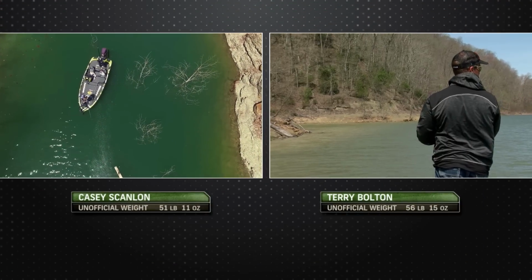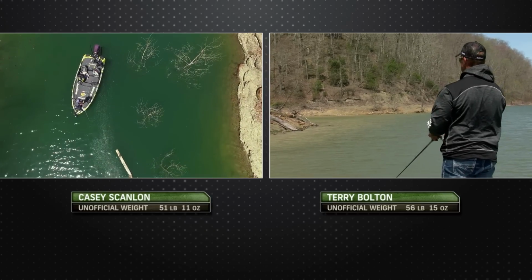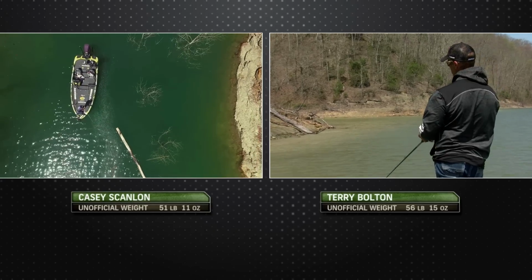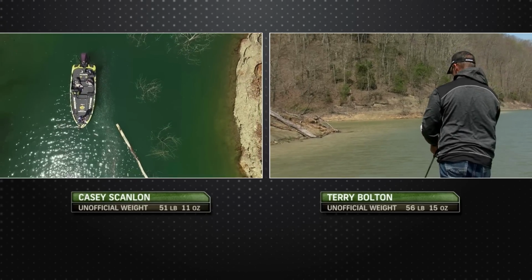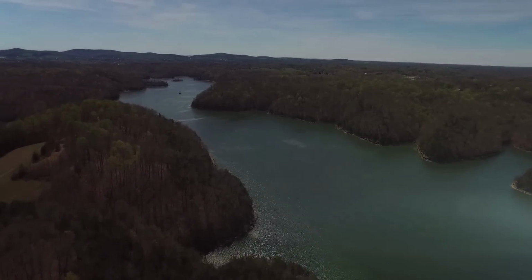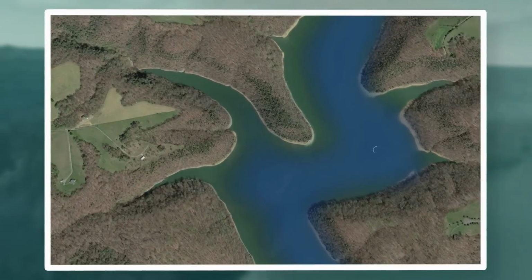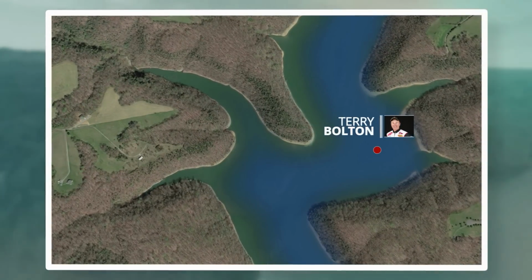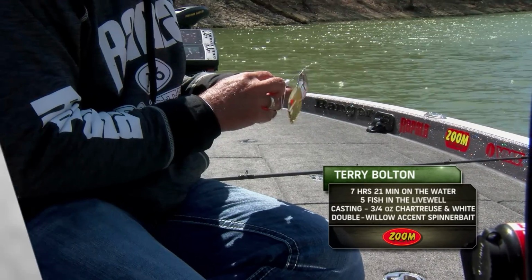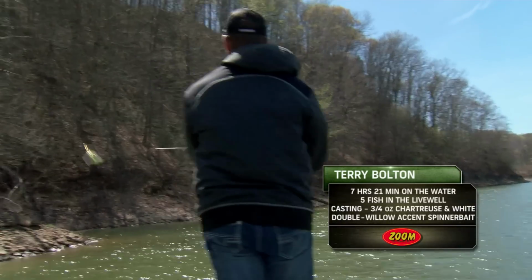We're gonna go on Terry Bolton's boat, currently unofficially in third place, throwing that spinnerbait. He talked about yesterday, the spinnerbait has gotten him to this final day, so he's not about to ditch her for something else. He's gonna go the full distance on this thing, throwing that blade. He has let that spinnerbait take him to where he's at, and the importance of that wind, guys, is this. When you have a ripple in the water and light can't penetrate down deep,